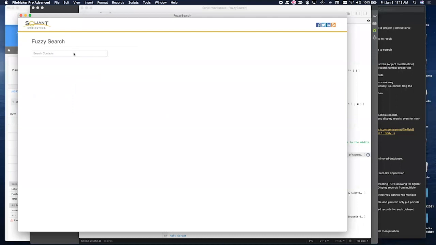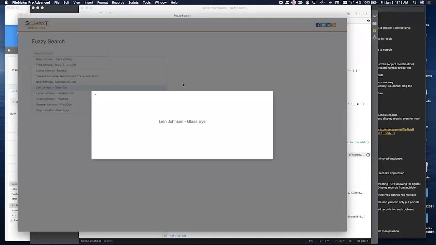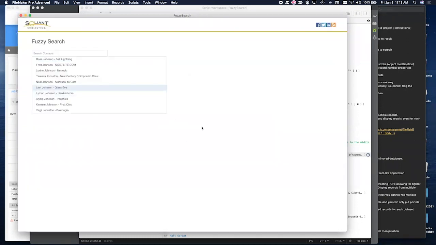Is there any other questions? One other thing maybe I want to point out is just this way to jump into the portal here and use the arrow keys to go through the different contact records. And if I hit enter, it'll open it up. The quick trick using